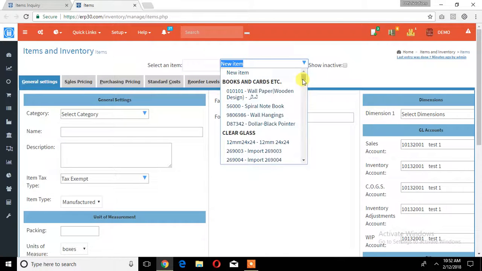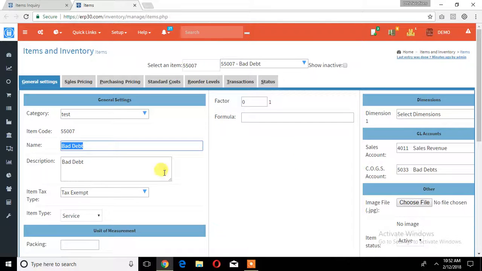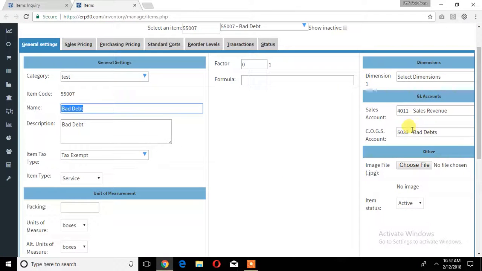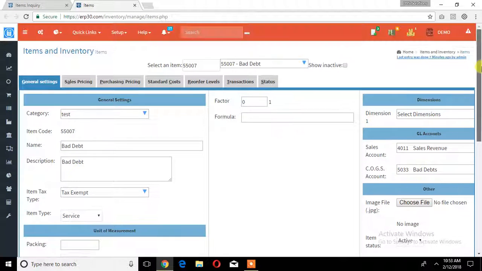In this case, we have already created an item by the name of bad debt. The only difference in this item is that the item type needs to be service, and in the cost of goods sold account, instead of the cost of goods sold account being mapped here, you need to map it with the bad debts account in the profit and loss. Once this step has been done,